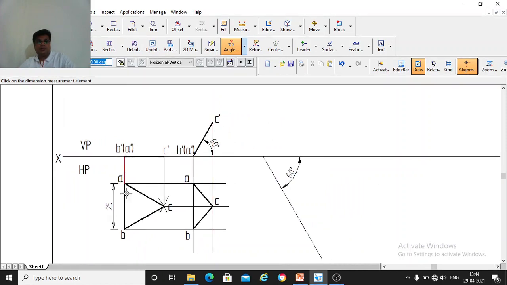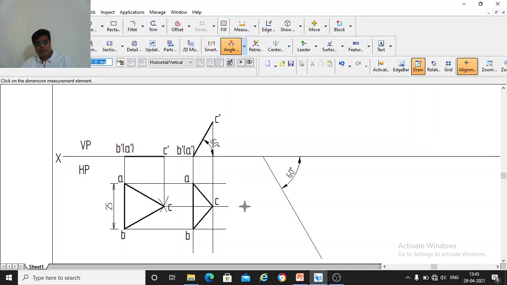So now first condition is over, second condition is over. Last condition is that this edge should be inclined to VP. So now it is inclined to HP. This edge is parallel to the vertical plane. So incline it to the vertical plane at 60 degrees. So this 60 degrees is there to the vertical plane. So that is seen in the top view. So this top view now, whatever the size and shape is there, we have to copy it and redraw here so that the edge AB is on this line. So the length of AB is not reduced, it is the same as here and here. So you can draw this edge on this line.